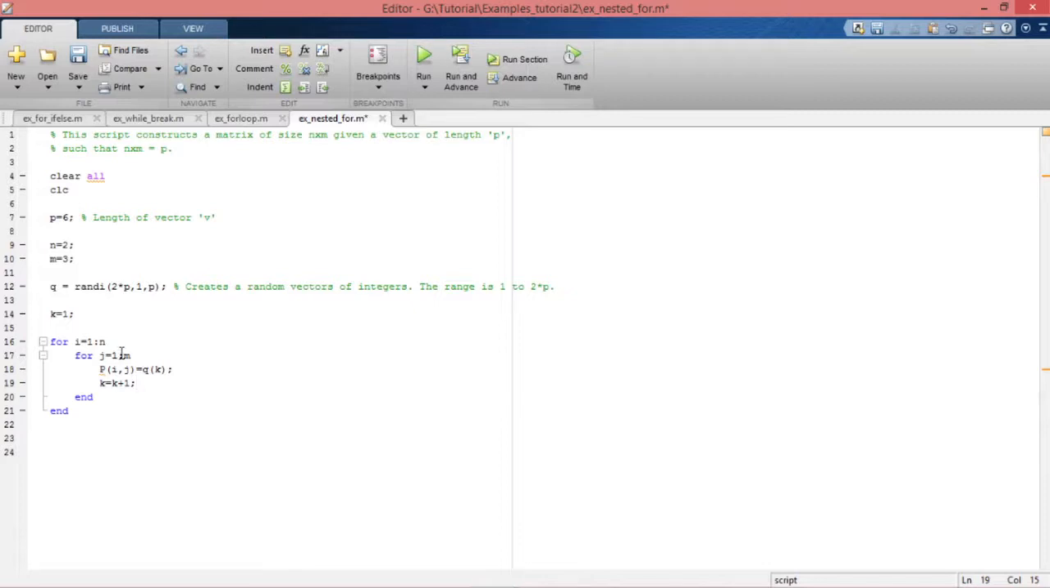So in the next iteration j will become 2 and we will have p of 1 comma 2 as q of 2. Again k will update itself to 3 and j will become 3, so p of 1 comma 3 will be q of 3. Now what happens, k will update itself to 4, but since m is only 3, this inner for loop will run only 3 times. Since the counter has counted 3 times, we will exit this inner for loop and we will go to outer for loop. Now remember that k has value 4